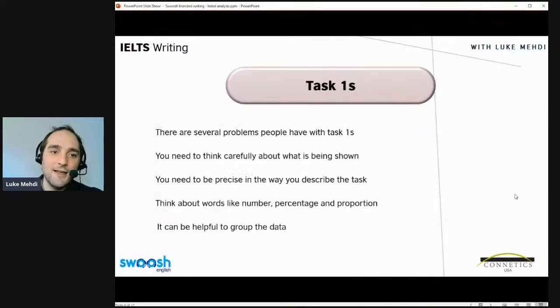So looking at task ones today. There are several problems that people have with these academic task ones. You need to think carefully about what is being shown, and you need to try and use your own vocabulary. You cannot completely rely on the vocabulary given to you in the task. That is a very bad idea. Try to vary your vocabulary a bit and really show the examiner your range. You need to be precise in the way you describe the task. If, for example, you start talking about proportions and percentages when the task is showing a number, you are likely not to get a very good score for task achievement because you are misrepresenting the data. Equally, if you start talking about the number of people when you have percentages or proportions, you have to be